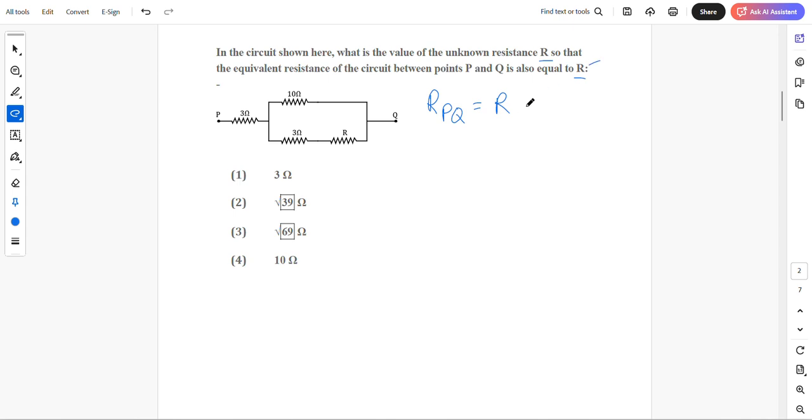This is R they have given, that is equal to 3 plus 10 into (3 plus R), because the combination is in parallel, divided by 10 plus 3 plus R. Okay, now R is equal to 3 plus of 10 into 3, that is 30 plus 10R